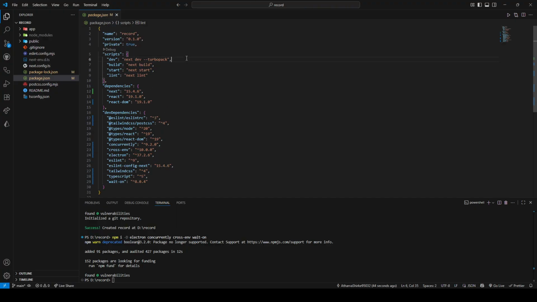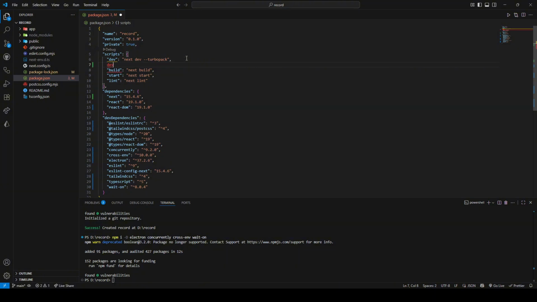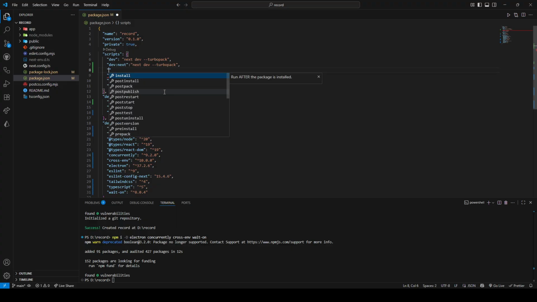Now let's change some scripts here. So I will create a dev script for the Next app. It will be this. Then I will create a dev script for Electron. That will be